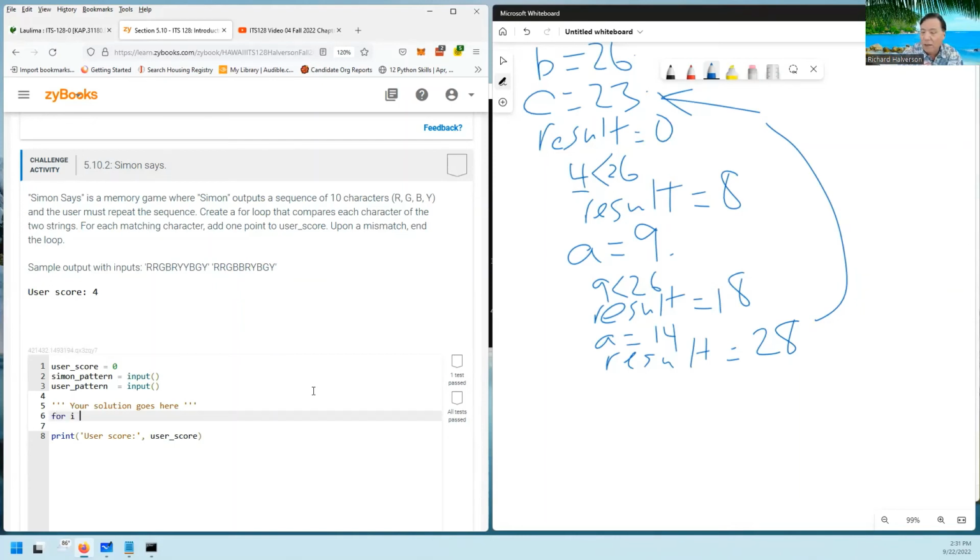For i in the range of 10. Oh, we have a user score. If Simon pattern of i is equal to user pattern of i,